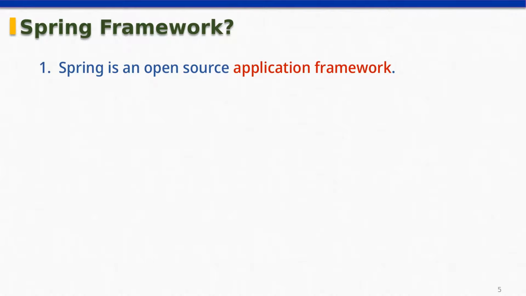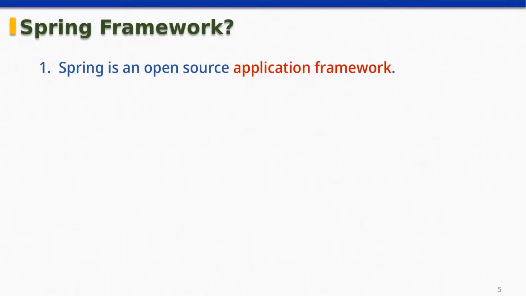So what is the difference between the application framework and the web framework? The web framework is a framework by which you can create only web applications. But the application framework includes web development, and along with web development, you can create any standalone applications as well. You can integrate this particular framework with any other frameworks as well.